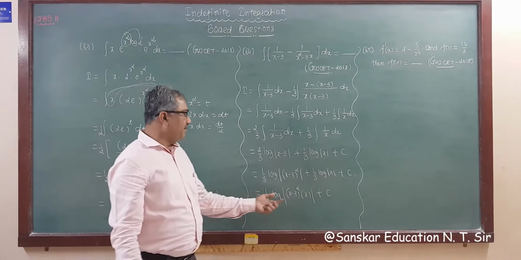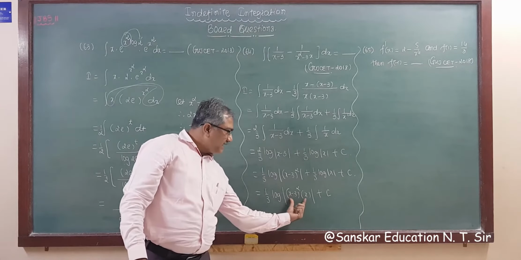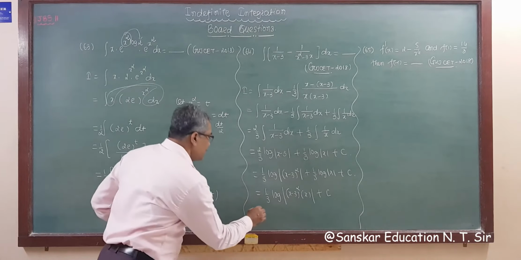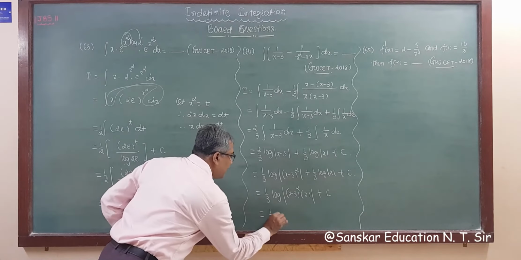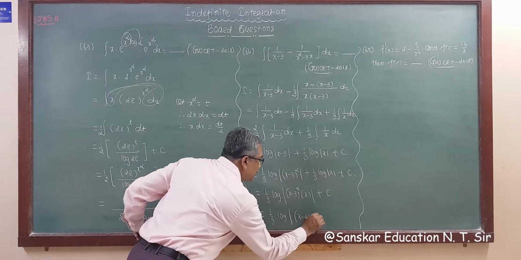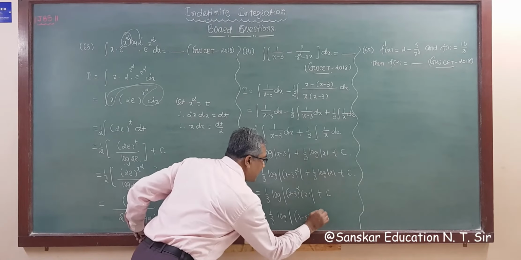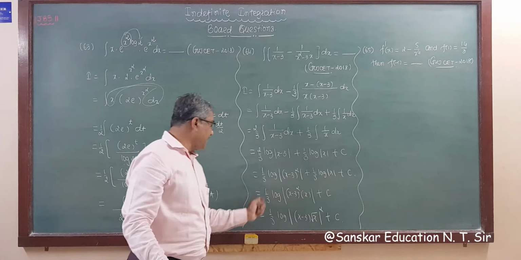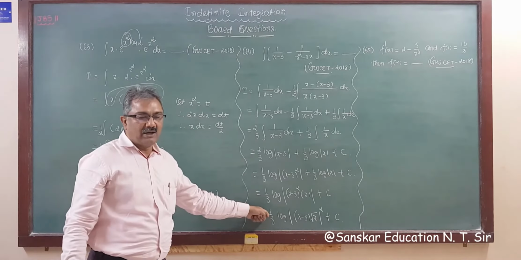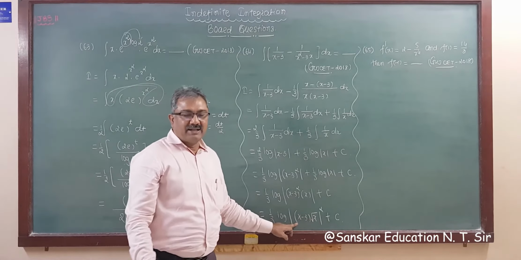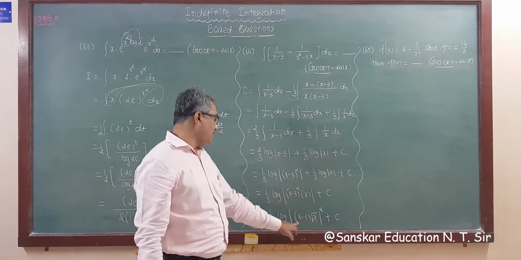So now if we have to write this as a perfect square, then we have to write this as root x whole square, right? So the answer will be 1 upon 3 log of (x minus 3) into (x whole square, that is root x whole square) plus c. And taking this power again here, 2 by 3 log root x into (x minus 3). That is, option number B is your correct answer.